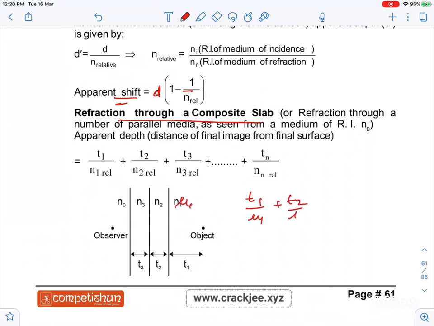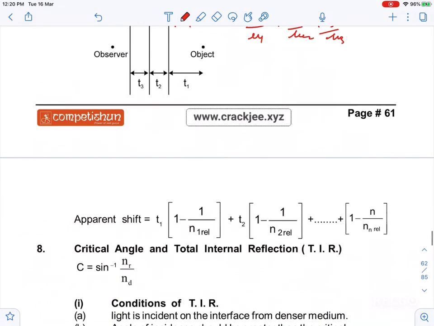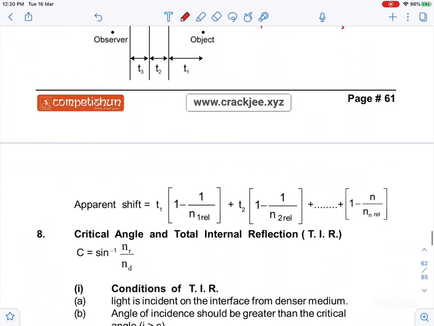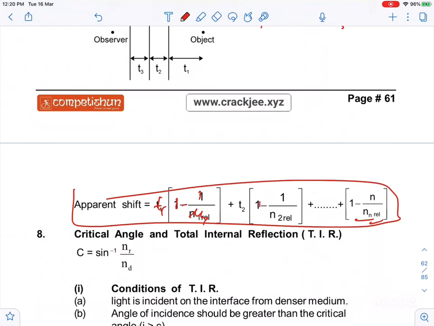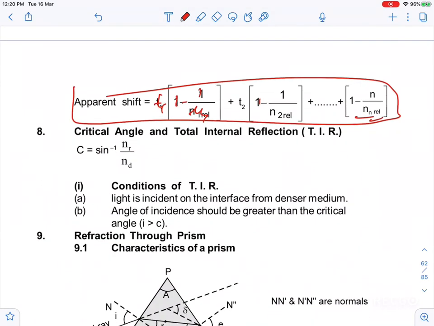you can write t1 by mu1. Suppose I take mu1, mu2, mu3: t1 by mu1 plus t2 by mu2 plus t3 by mu3. Like this you can add up to the observer. Okay, so apparent shift is 1 minus this thing, so I have written 1 minus 1 by mu1 plus 1 minus 1 by mu2 into t1 into t2, and like this you have to keep it as a result also,